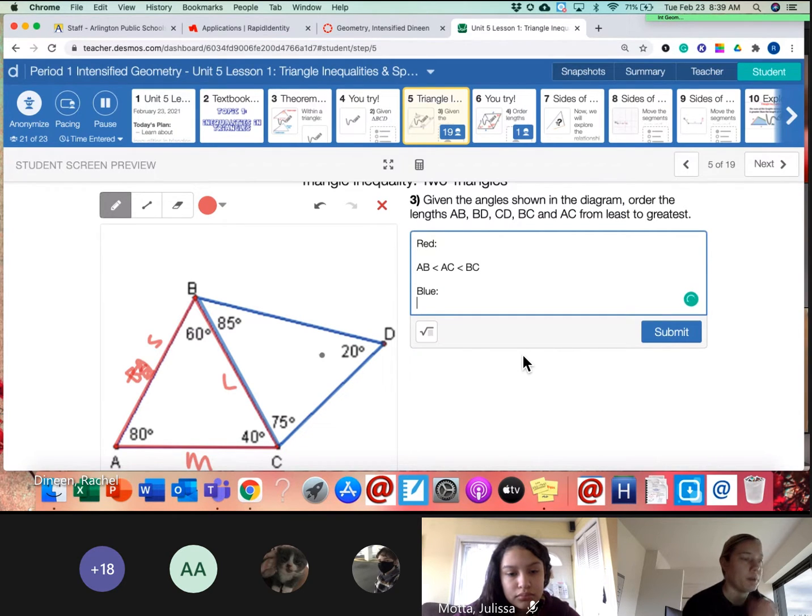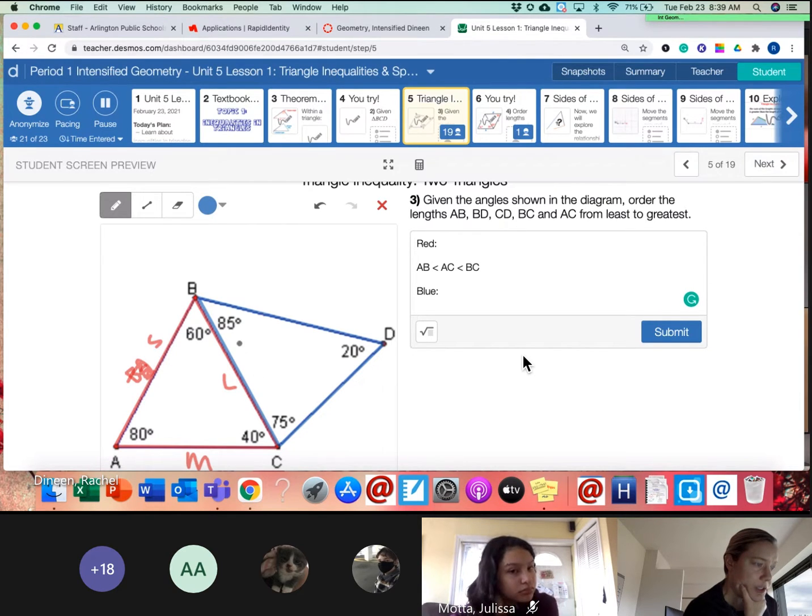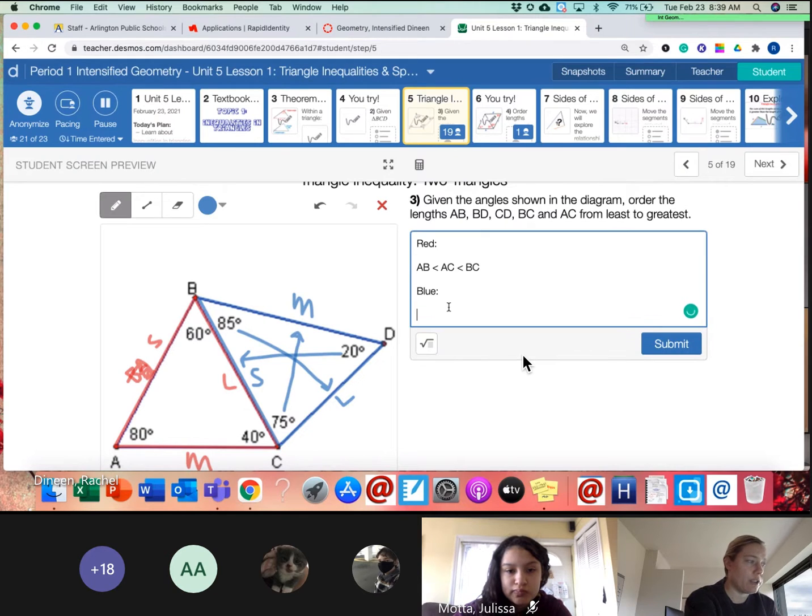Now let's do the blue triangle. So the blue triangle, the longest side, the biggest angle is 85, so the longest side is DC. The middle angle is 75, so the middle side is BD. And then the smallest angle, so the shortest side, is BC. So for my blue triangle, least to greatest, I have BC is less than BD, which is less than